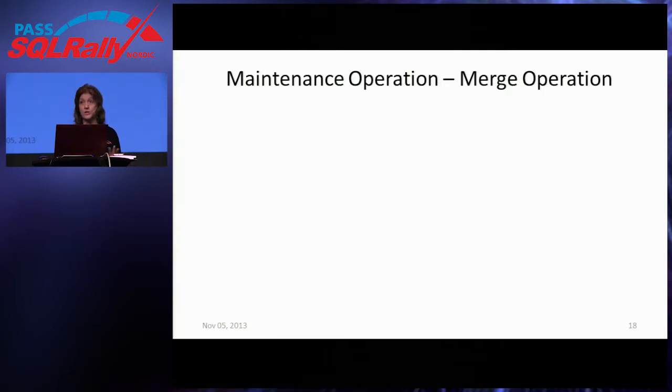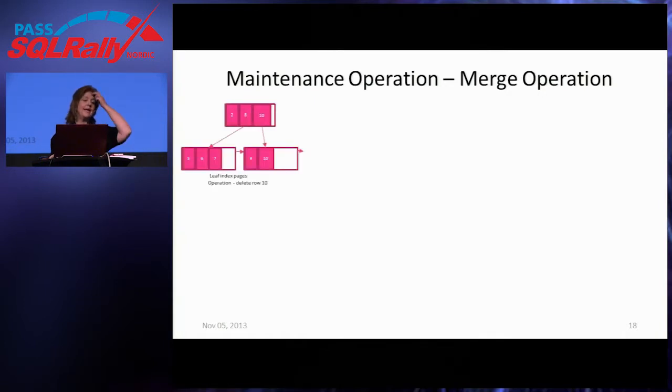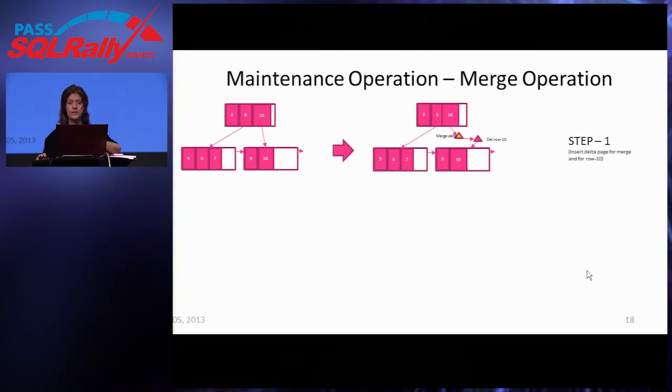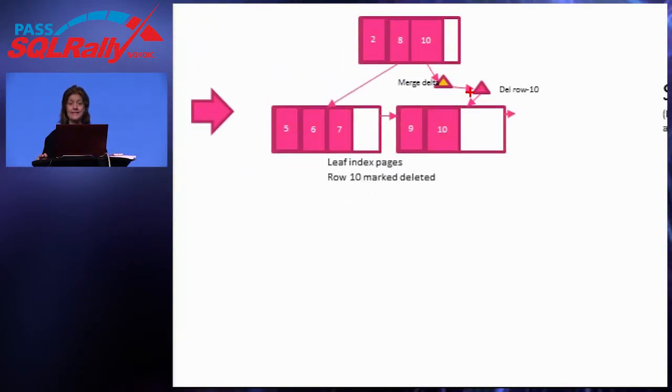And then we have a merge, but be careful because the Hekaton technology actually uses merge for 2 different purposes. We have merging of pages in a BW tree index. We also have merging of files on disk, which we will see very shortly. So a merge operation, if we end up deleting too many rows, in this picture here, I've got 3 rows on one page, 2 rows on the next page. I'm going to delete one of the rows on the second page, which is what this indicates here. I'm going to delete the 10.